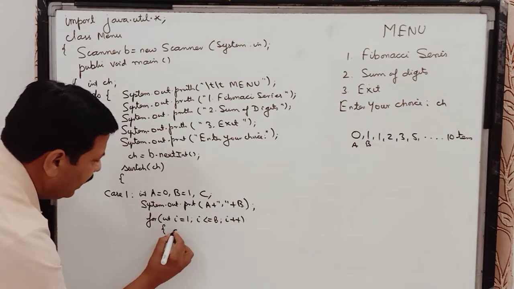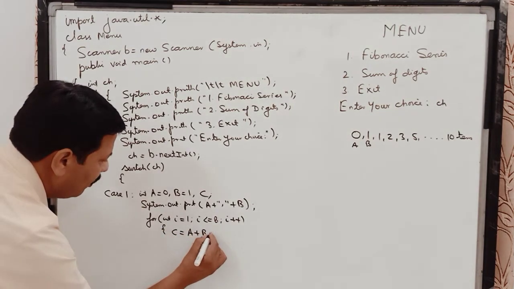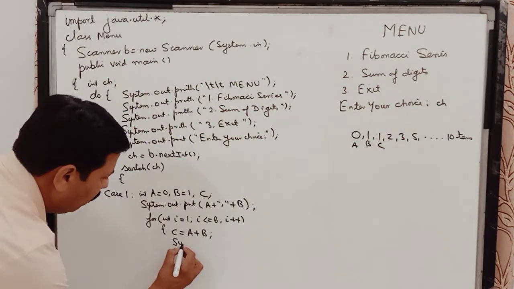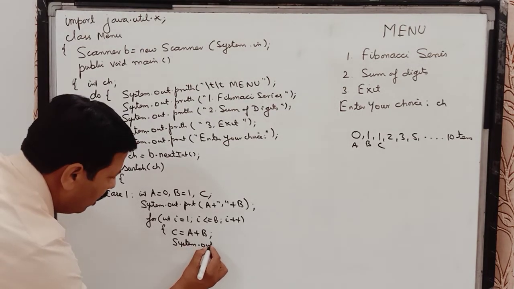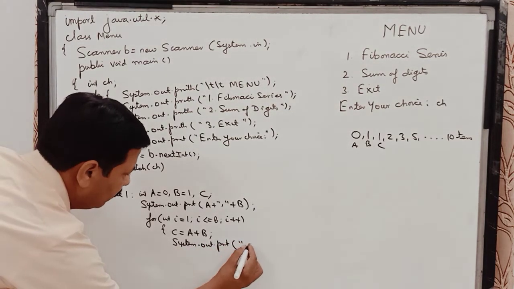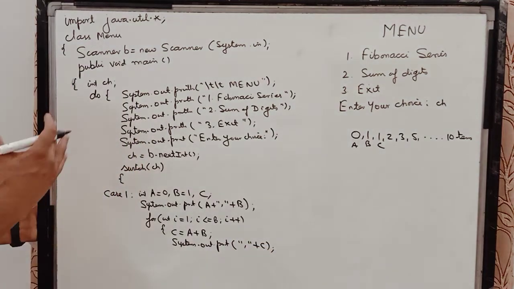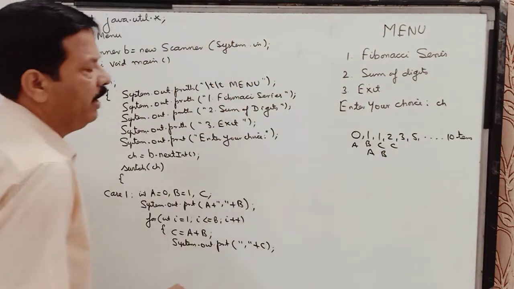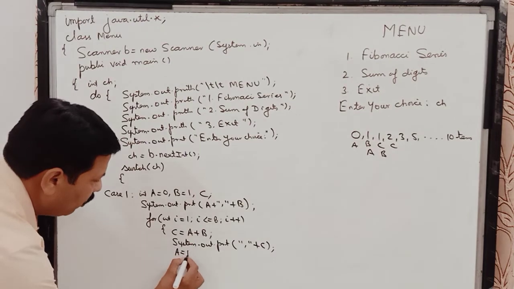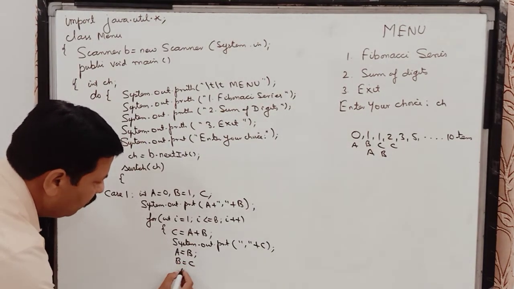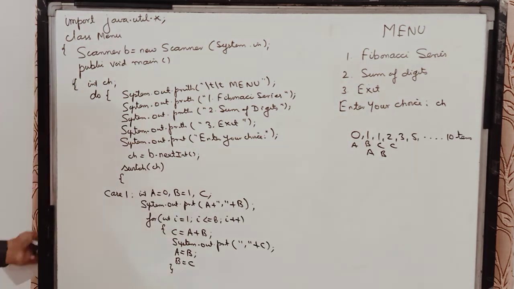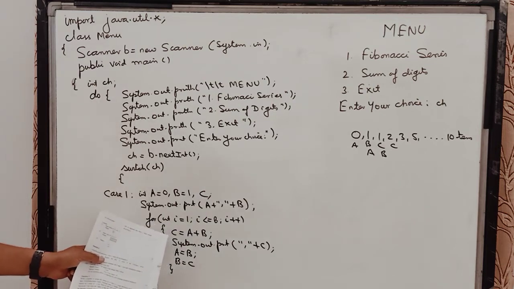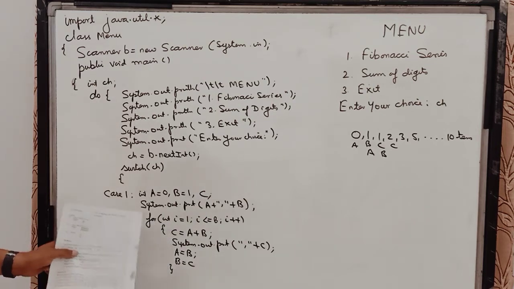And in the loop I am creating the next value, that is c is equal to a plus b. This is 0 plus 1, that becomes c. And so I print this number also which I have created. So I am printing it with the print statement. And children, to create the next number in the Fibonacci series, this number now I say a and this number I say b. So I get the next number which we already have done. So a is equal to b and b is equal to c. This we have done, and it will keep on creating the next numbers, and 8 numbers will get calculated and they will get printed. And this is first case.